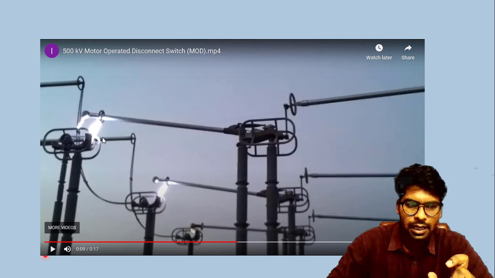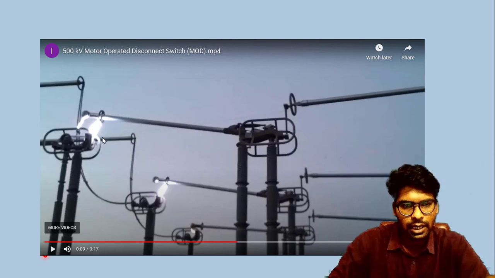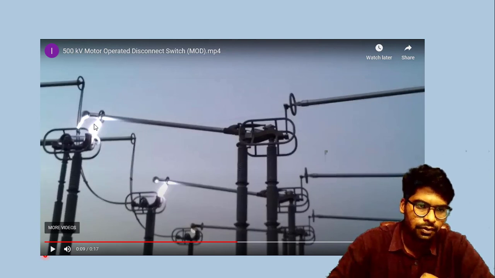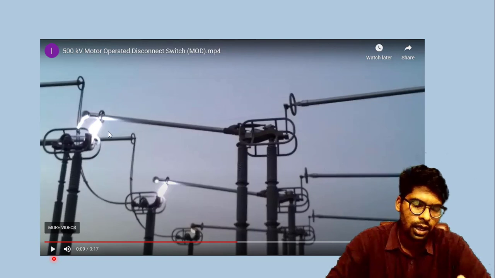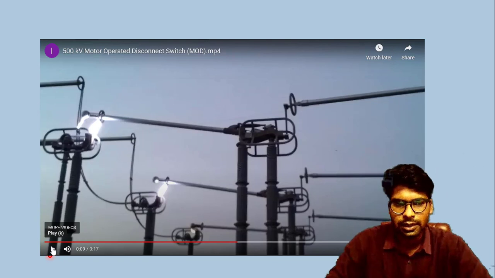When a fault occurs, the circuit breaker breaks the power line current. Similarly here also breaking takes place, but there is a huge arc here. Even though the contact is moving away, due to this arc the current flows. So we need air, oil, vacuum and so on to extinguish this arc. Here the moving part acts as a quenching, but in a circuit breaker that is a different case.